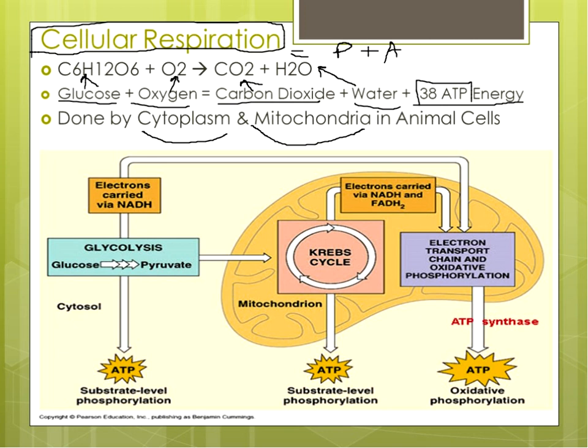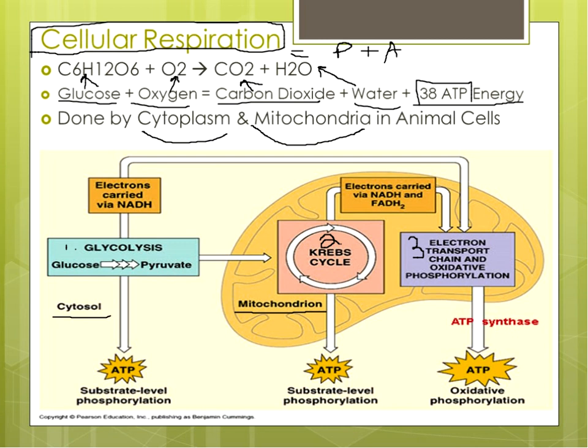Is that all we need to know about cellular respiration? No, there's 3 steps to it. There's glycolysis, which happens in the cytoplasm. There's the Krebs cycle and the electron transport chain, which both happen in the mitochondria. So you should also look over those 3 steps and briefly know what happens, what goes in, what goes out